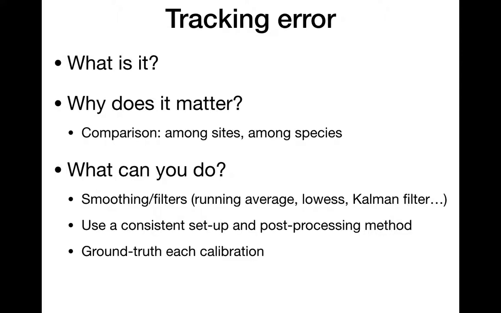Something else you can do is to ground truth your calibrations. For example, if you're measuring the size of a manakin's leap, you might measure a ruler each and every time you set up your video. You'd want to remeasure that ruler so that you have a ground truth for every video value. For accelerations or videos where you want to measure velocities, you can drop a high contrast object and measure its acceleration due to gravity. And you can do this repeatedly. And on average, the acceleration of your dropped objects should be 9.8 meters per second squared. And then I would recommend reporting these values plus or minus the range as an indication of your measurement error